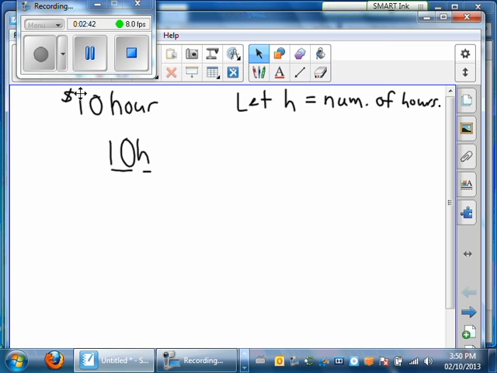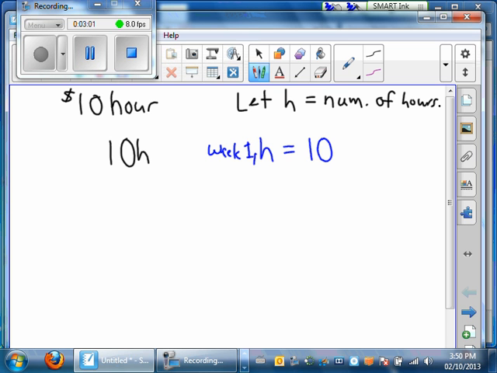So let's say for the first week, in week 1, h equaled 10 hours. Okay. All right, well, now all we have to do is we can actually figure this out. So 10 times, and h is now equal to 10, equals our total, which is we made $100. But then let's say in week 2,